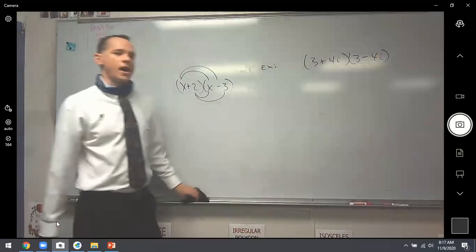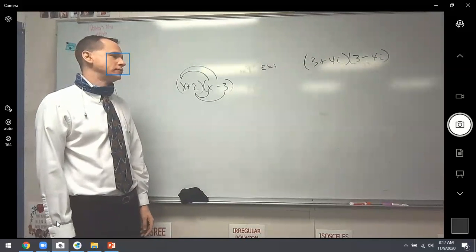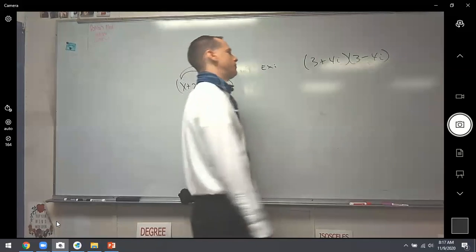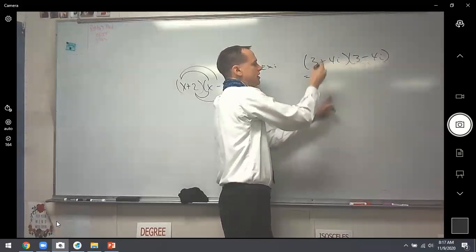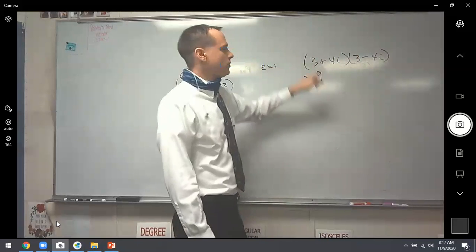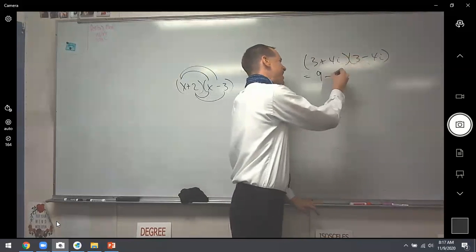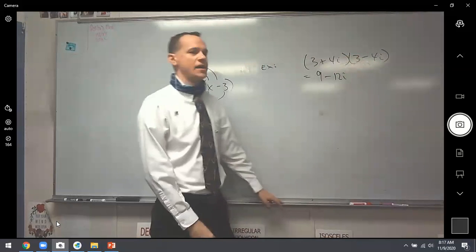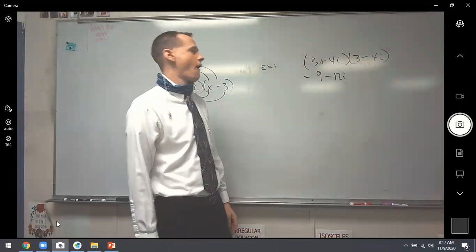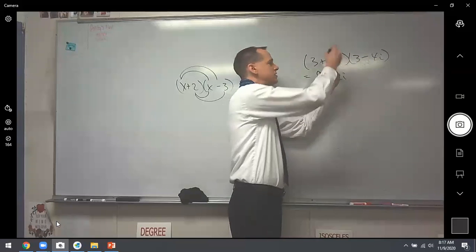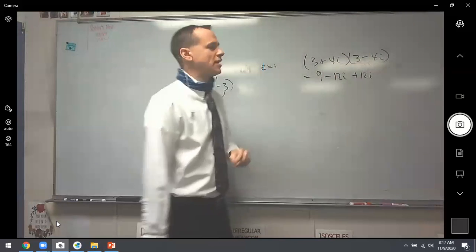3 plus 4i times 3 minus 4i. Well, here we go. Nice and slow. 3 times 3 is 9, right? 3 times -4i would be -12i. So that's from the 3 distributed to both of them. Moving right along to the 4i. Positive 4i times 3 would be positive 12i. And lastly,